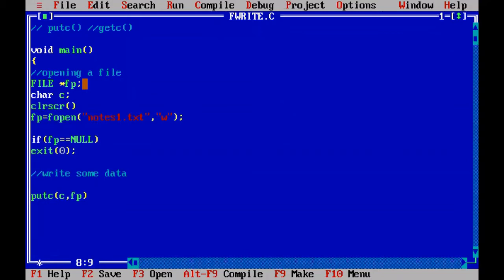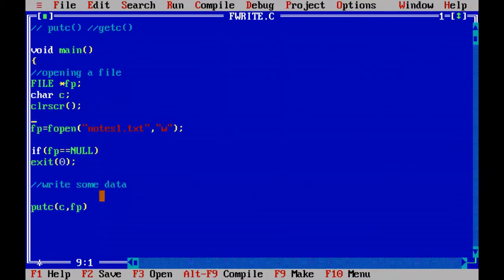Okay, we completed this one also. Here, c is a character variable, but it is empty. So ask the user to enter one character. printf. Here in a new line, I am asking the user, please enter data or character.